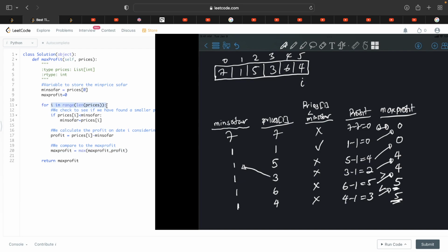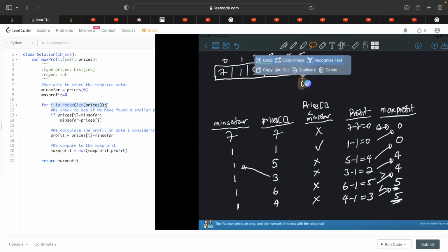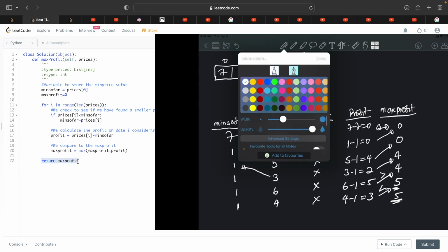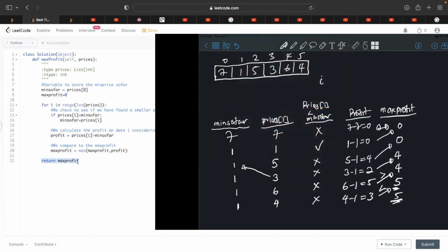Is I less than length of prices? No, it's not, because our I has now moved here. So then we simply return the max profit. So the max profit that we return is equal to 5. And this is a linear time algorithm, and it takes O(1) space,